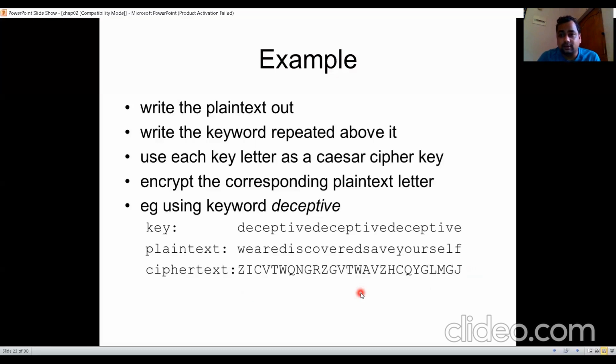So what is the objective of this Vigenère cipher? A plain text is given, a key is given. Just add the plain text and the key, and the key will be repeated up to the length of the plain text to get the ciphertext.